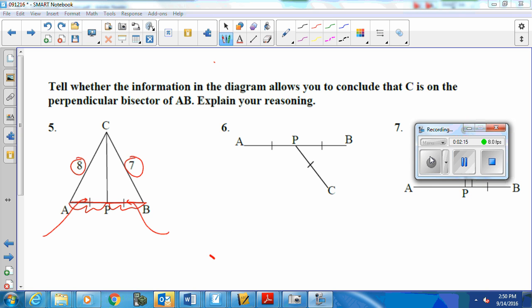All right, one thing we don't know whether these angles are 90 degrees. We're not given that piece of information. Now, it may appear that they are, but the fact that these sides are different tells us that C is not on the perpendicular bisector. So what we'll write is